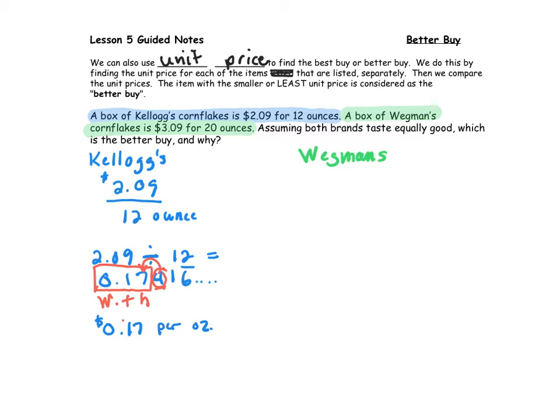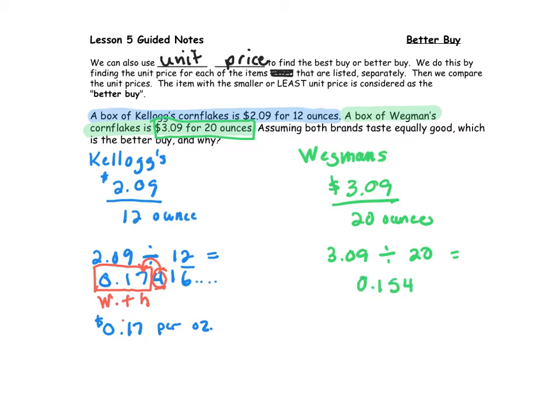So now let's try Wegmans brand. Using the information they gave us here, we're going to take $3.09 and divide it by 20 ounces this time. And using the shortcut, we're going to take that top number divided by the bottom number. And so once again, pause and use your calculator. And hopefully we all have the same answer,